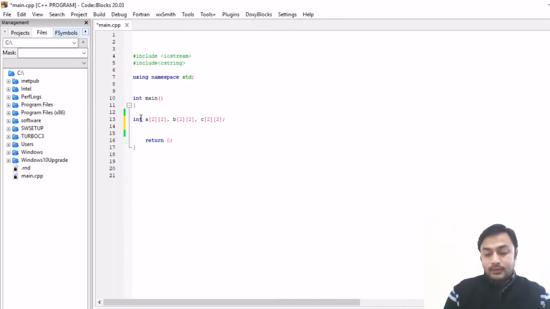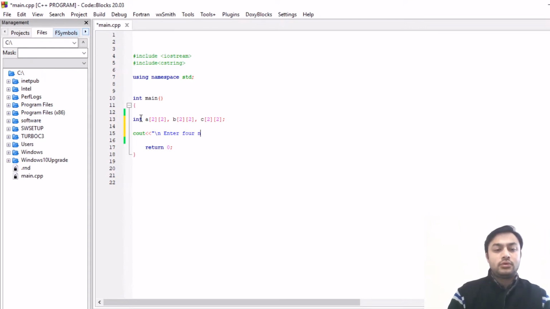Now I want to display a message to the user on the screen: enter 2 rows 2 columns, so the total elements will be 4. So here I will ask the user to enter 4 numbers in matrix A.